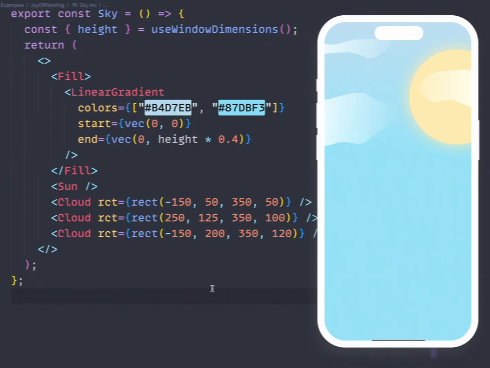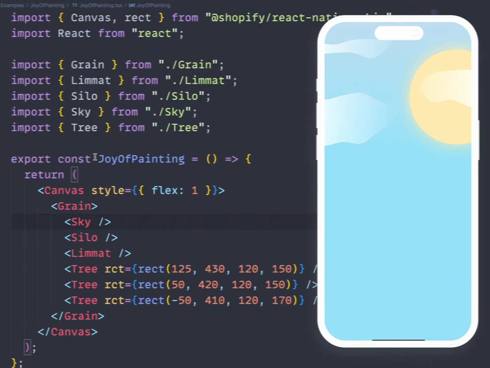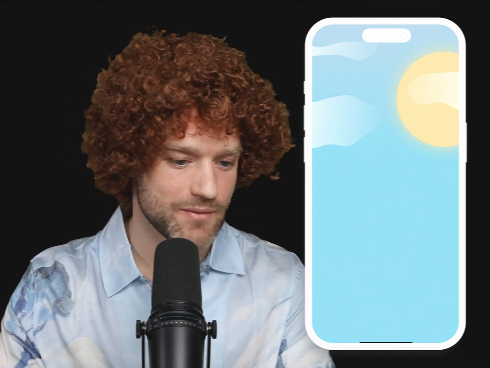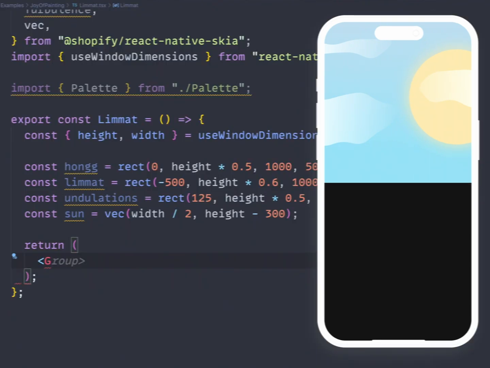And maybe let's draw the Limmat now. So I have the Limmat component, and I wrote down some measures for the honk area, the Limmat, the undulations of the water, and we're going to have the reflection of the sun onto the Limmat. But you can play with these values, and whatever values you think should be the right values are the right values. We're going to create a group,